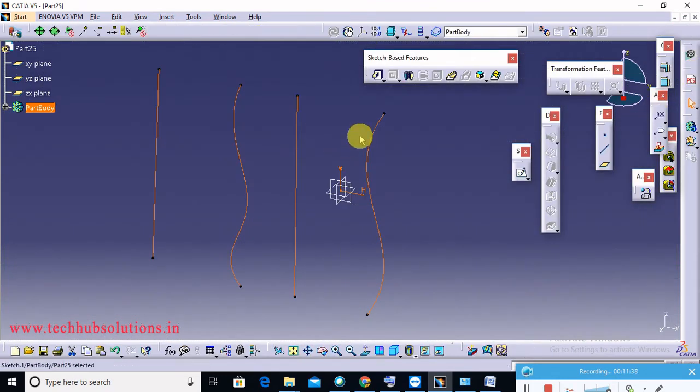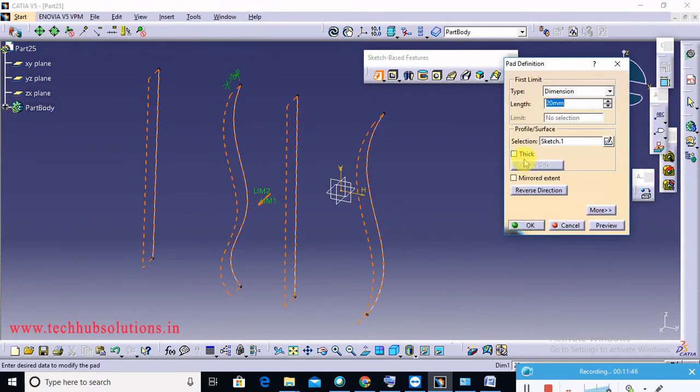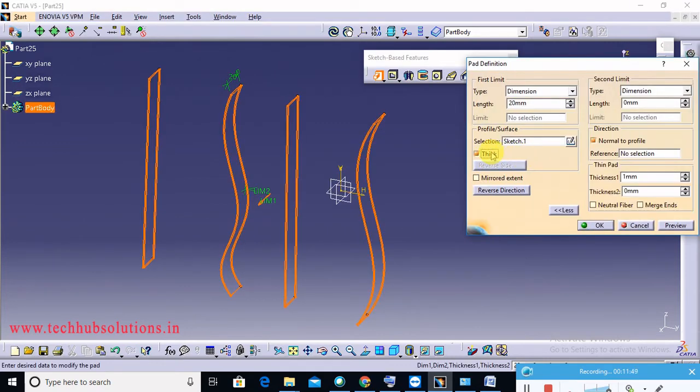So in an open figure, how to pad it? Go to the pad. Do you want to use the selected sketch anyway? Yes, you must turn on the thick option. So this one is 20 millimeter.